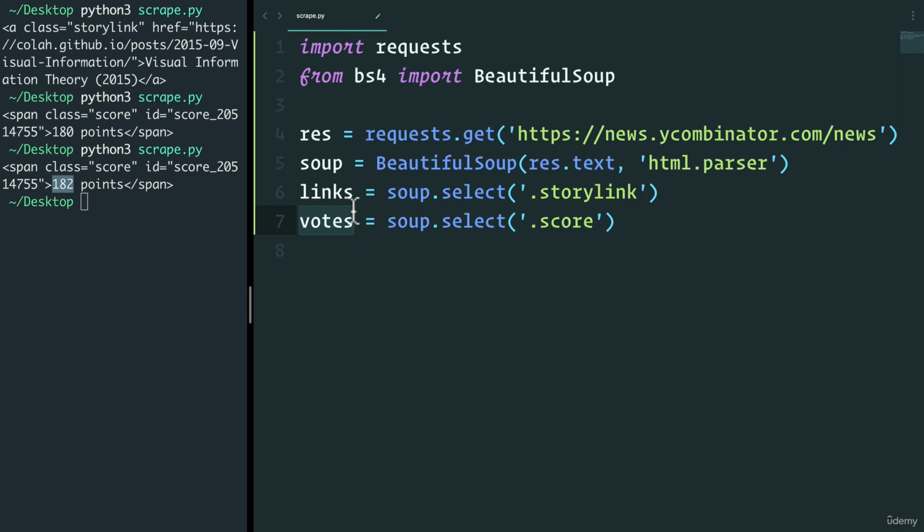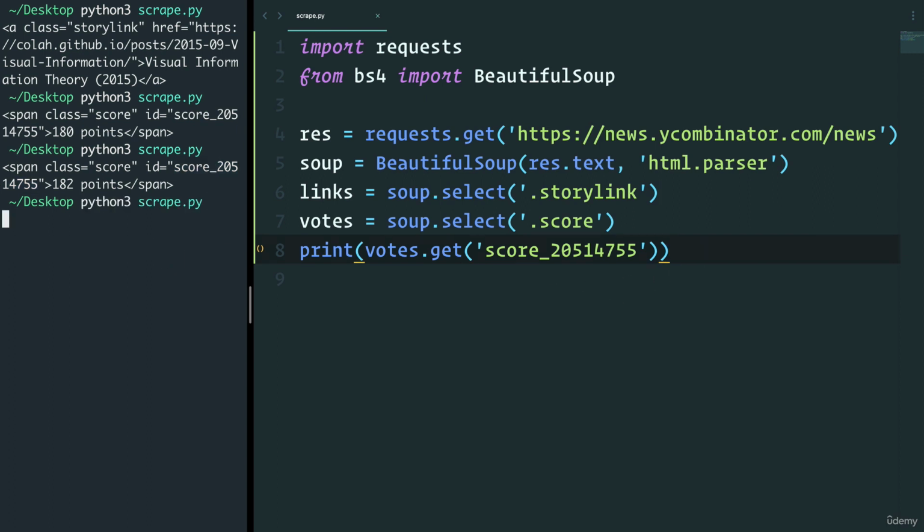Now, just as a side note, with Beautiful Soup, we can keep chaining these, right? For example, I can now say votes.get and get, for example, an attribute name. So for example, I can grab a score over here and say, hey, grab the score from here. So that if I do print here